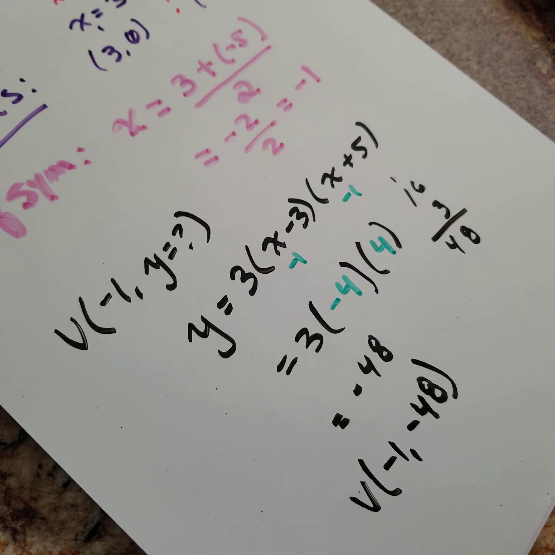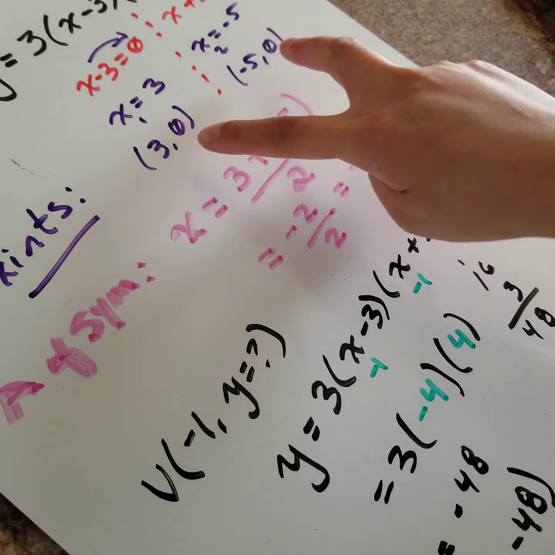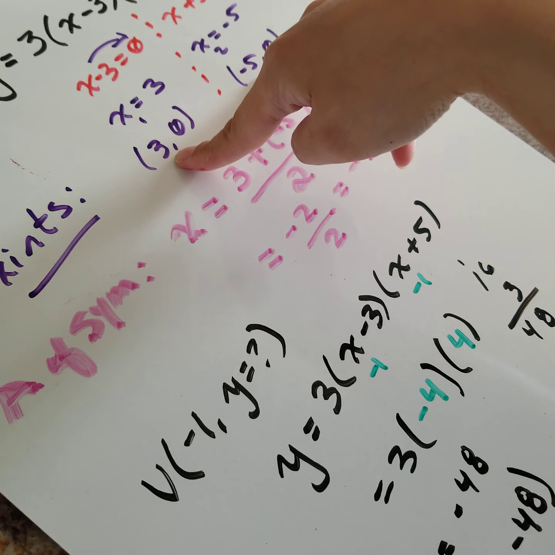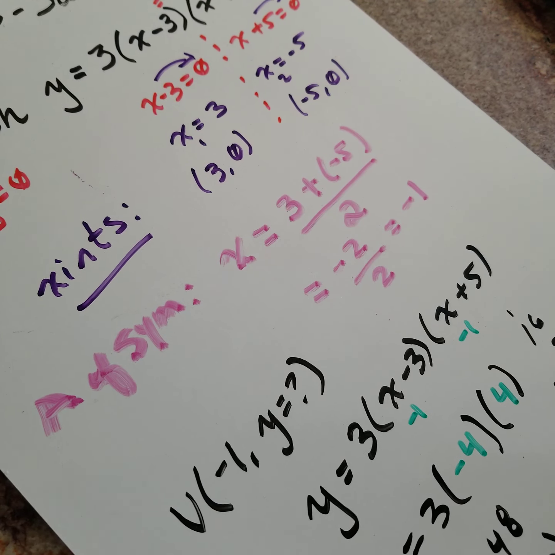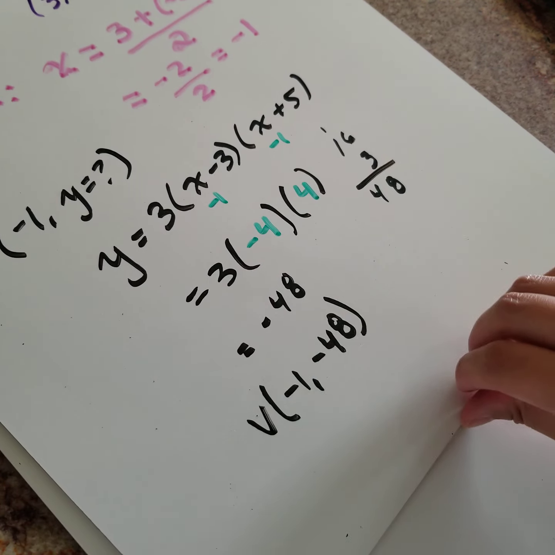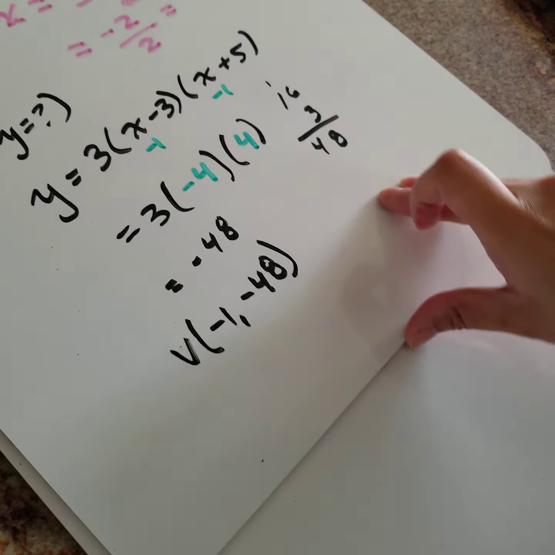And what else would I want to find? I have technically only 3 points. So I have this vertex, and then I have my 2 x-intercepts here. I could also find the y-intercept. So let's try that as well. Let's move this down. Let's find the y-intercept